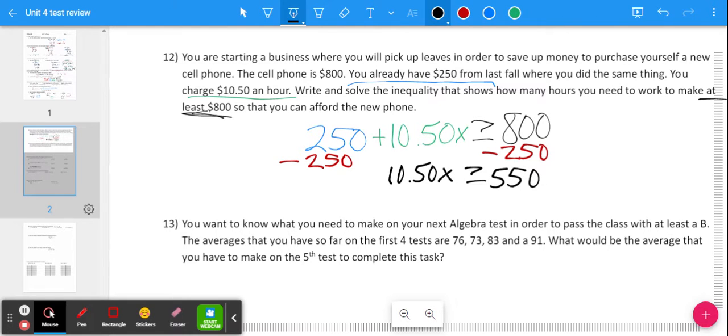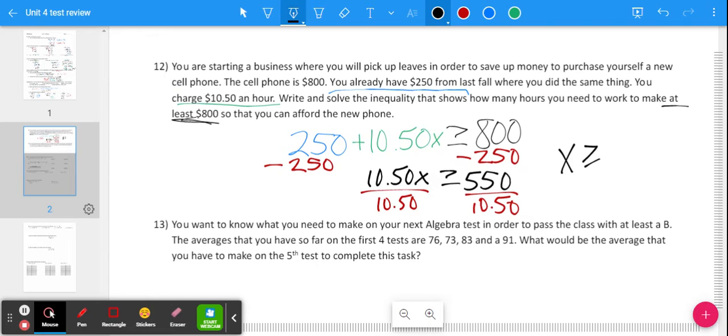So x still has a coefficient that we have to get rid of, so we're going to divide by our coefficient of 10.50, which gives us x is greater than or equal to, because we never multiplied or divided by a negative, so we keep our sign,